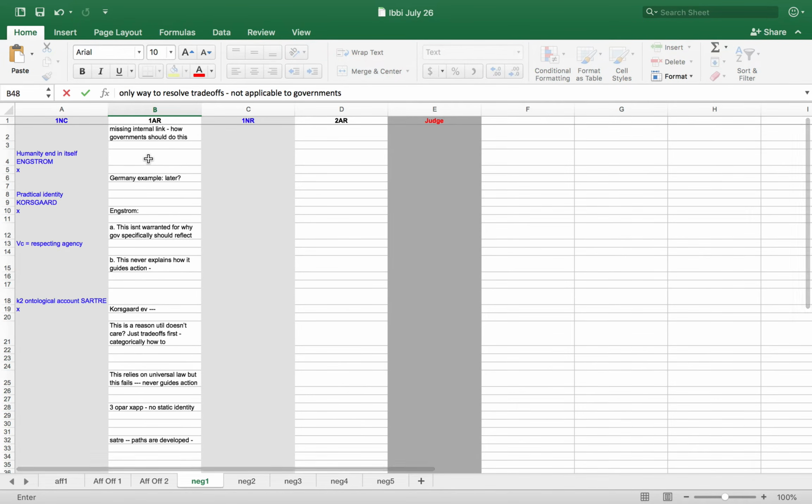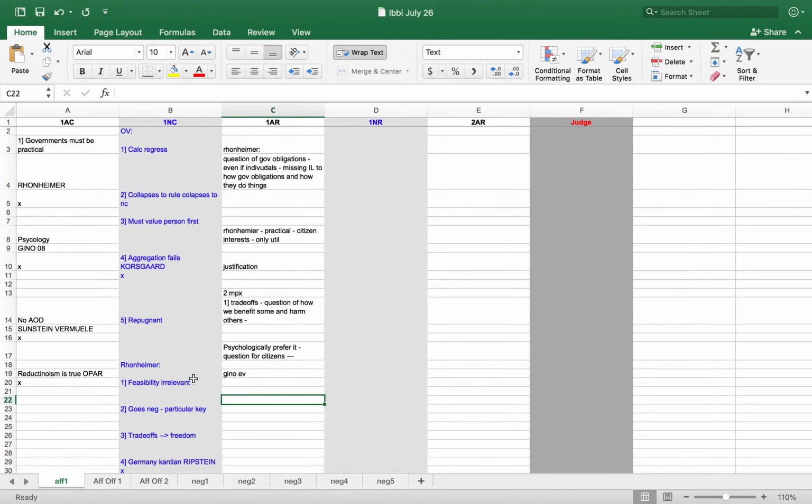Okay. So some things that I liked about the speech, I think that in terms of word economy and efficiency, you did a pretty good job in terms of basically getting to a lot of what you had to. Your arguments were reasonably well developed and explained, so I thought that was good. And I think it was super easy to flow. I think a couple of the kind of top level things that I would work on.